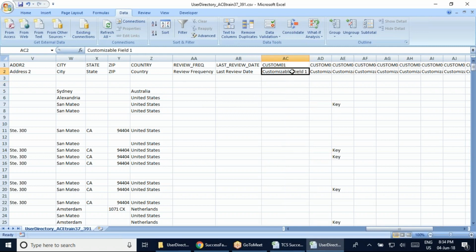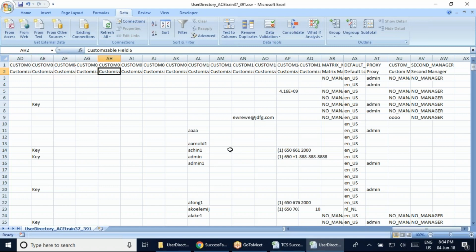Then another detail you can see here, team, which is coming up as a custom field, from 1 to 15. You will see that here. So here you will see they have it till custom field 15. In this case,